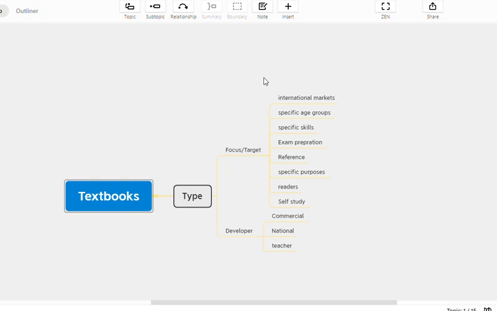It is misleading. Sometimes learners may think that these textbooks are of high quality. Yes, they have been written by professionals, by native speaker materials developers and teachers. But the problem is that these international market textbooks, or commercial textbooks, are neutral. It means that they do not consider the needs of actual learners.